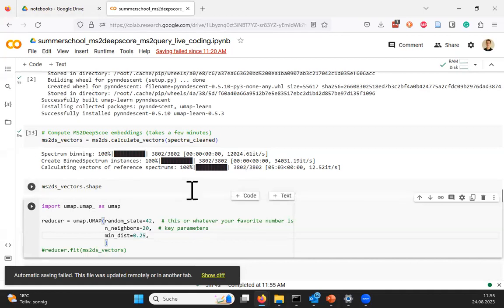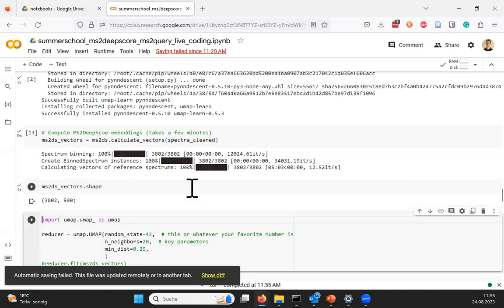Okay, so this is done, at least for me. And if I look at what I got, I got a number array with 3,800 rows, each of them is for 1 second, and they are 500 numbers long. So just to let you know what this vector looks like, or doesn't look like,